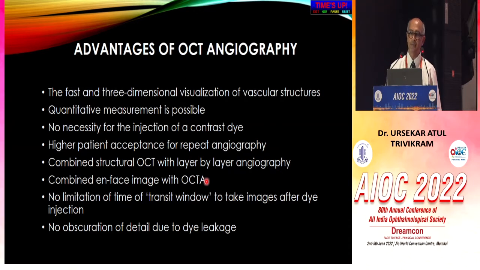So the advantages of OCT angiography is that it's fast, it's three-dimensional, it gives you quantitative measurements, there is no need for any injection, and patient's acceptance for doing the test and for repeating the test is very high. Then of course you get a layer-by-layer analysis. You can combine it with en face imaging. There is no limitation of a transit window, in the sense if you miss the time, suppose you're doing a conventional angiography and the patient starts vomiting, then you will lose the transit window. And of course, there's no obscuration of the image because of dye leakage, as you saw on the patient with